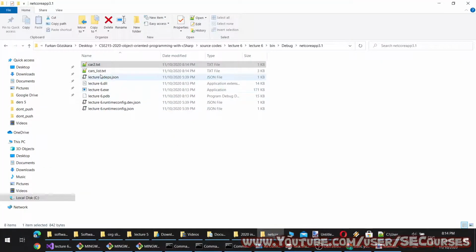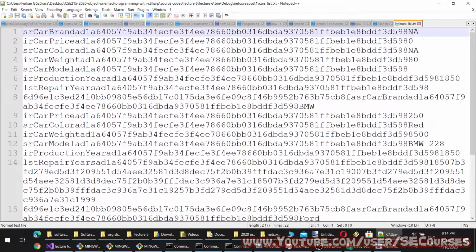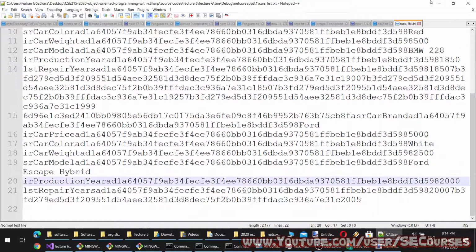Okay, the cars list text file is generated. You see it is very hard to read at the moment.